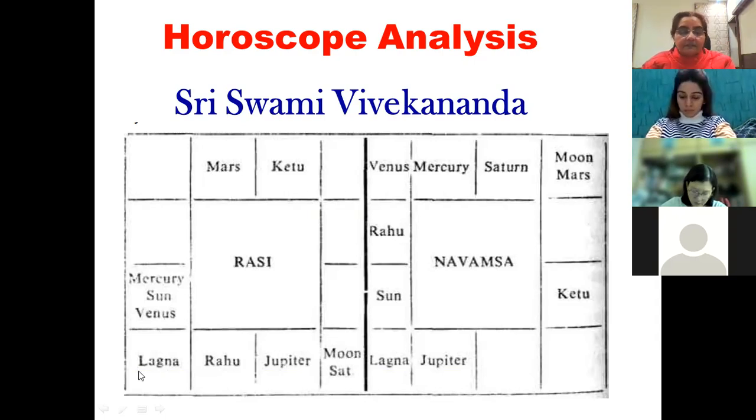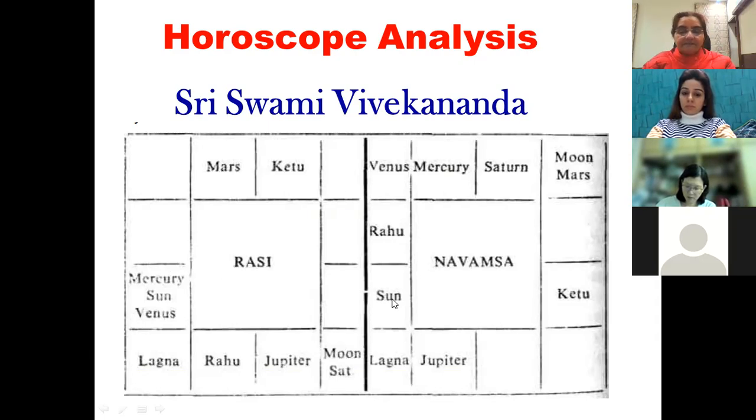Now I hope you all know how to read the chart. Lagna in the Rashi chart and Lagna in the Navamsa chart is the same sign. The zodiac sign in which they are is important. They are the same. That is why it is called Vargottam Lagna. Then I think it is very easy in our chart to find out. Next, if you see, Sun is Vargottam.